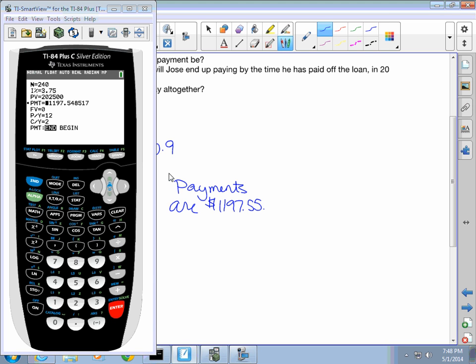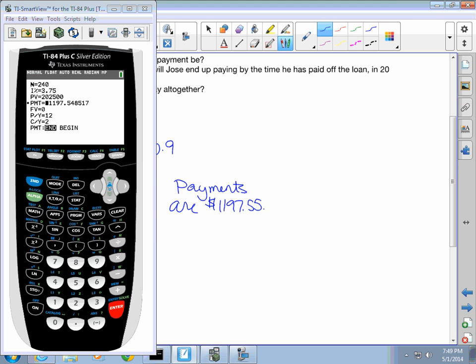Okay. B part says, how much interest will Jose end up paying by the time he has paid off the loan in the 20 years. So this one, because you don't have your calculation here exactly of what your interest is,